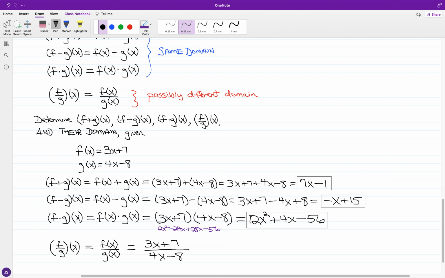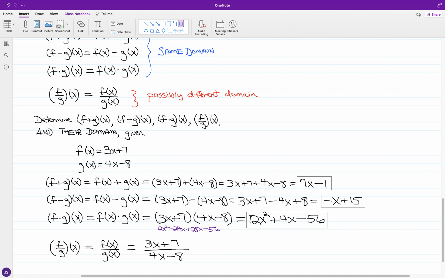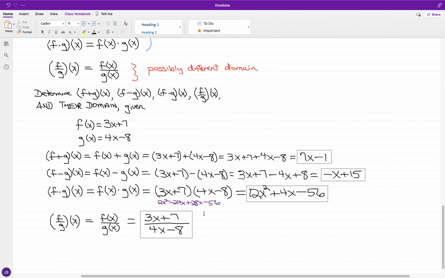And between 3x plus 7 and 4x minus 8, the greatest common factor is only going to be the number 1. So other than just the number 1, or a constant, there's nothing in 3x plus 7 that's a factor of 4x minus 8, or the other way around. So just a substitution, that is the quotient function in simplest form. Now, regarding domain,